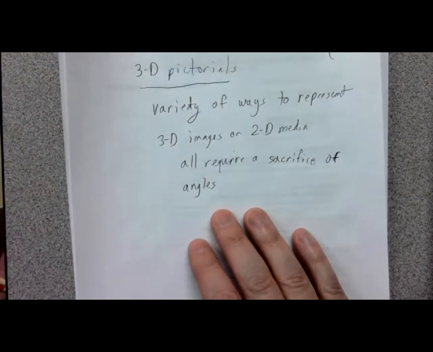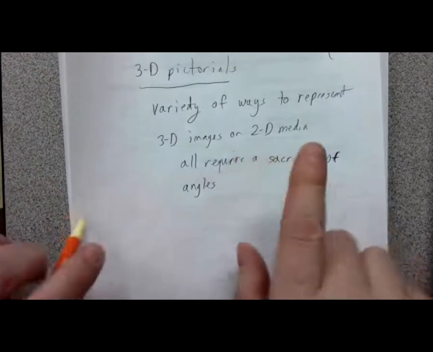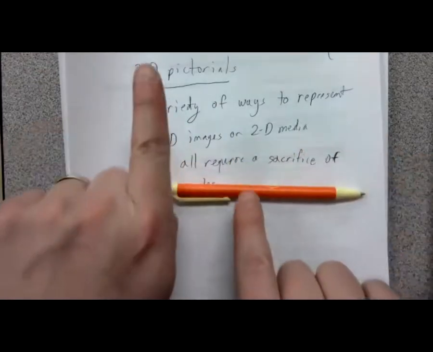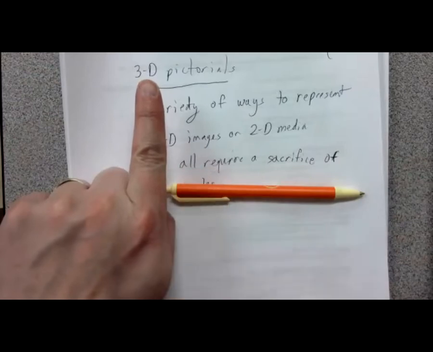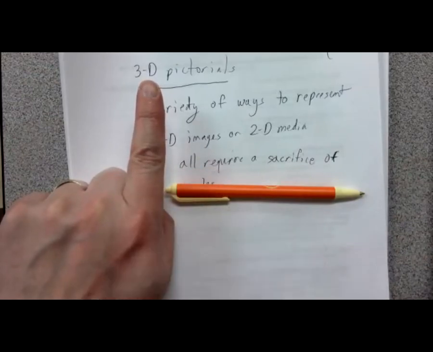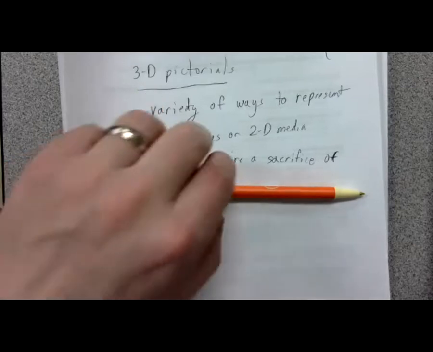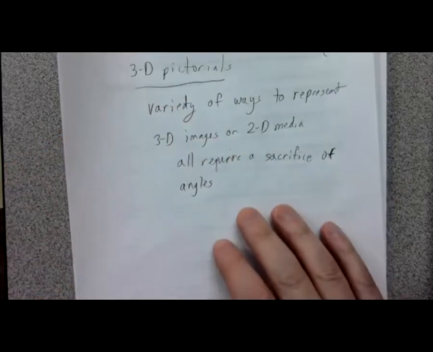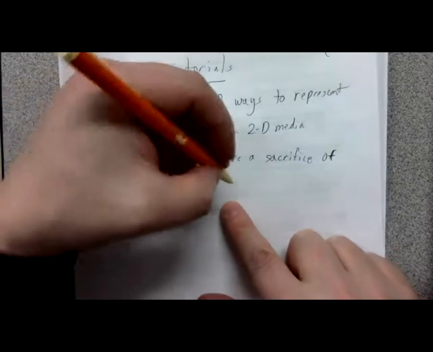The angles are not going to be accurate because I can't draw something in 2 dimensions. I mean, yes, I can draw something there that's 90 degrees, but what about the one coming at the page there? Drawing that at 90 degrees perpendicular to both of these and holding these still 90 degrees, you can't do that. It's 2-dimensional paper. You run out of angles. So it requires at least a sacrifice of angles